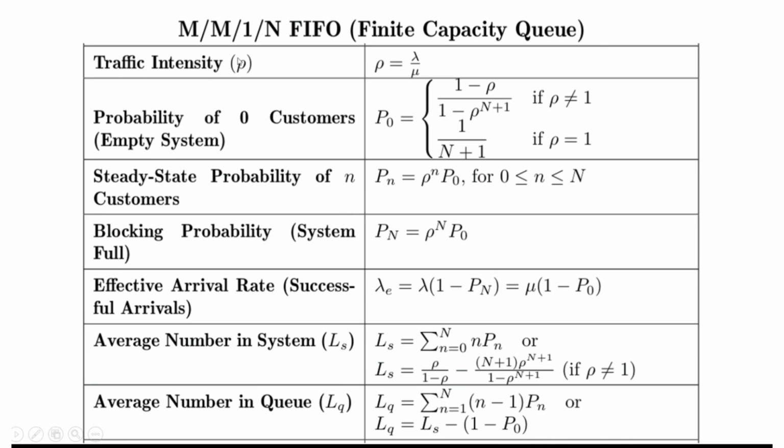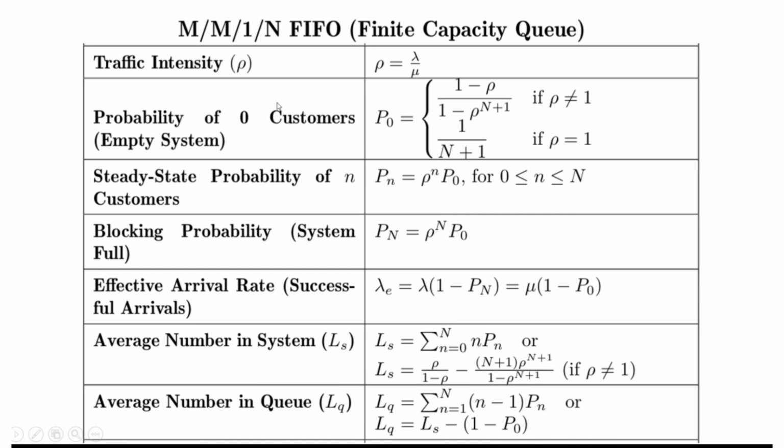Basically, one can see the traffic intensity, the formula will be rho equals lambda by mu. It means how busy the system is. It compares the arrival rate to the service rate, where arrival rate is lambda and service rate is mu. One can observe that if rho is less than 1, then the system is stable. If rho equals 1, the system is fully utilized. If rho is more than 1, the system is overloaded, that means an infinite queue is not allowed here, since the capacity is finite, that means capital N is finite.